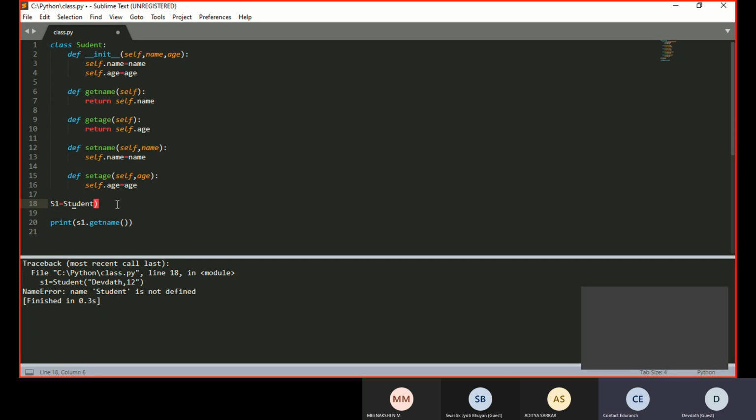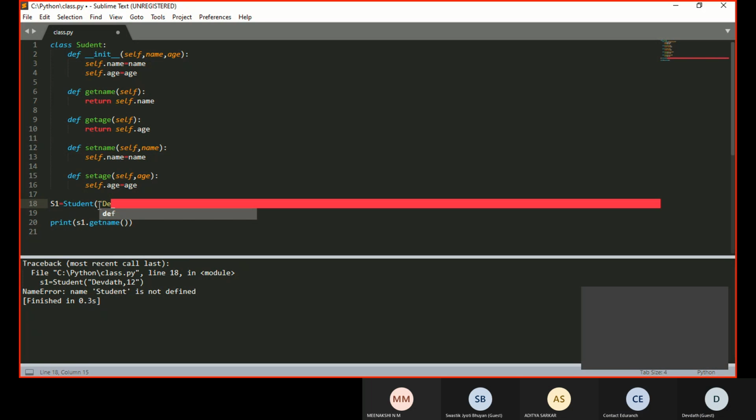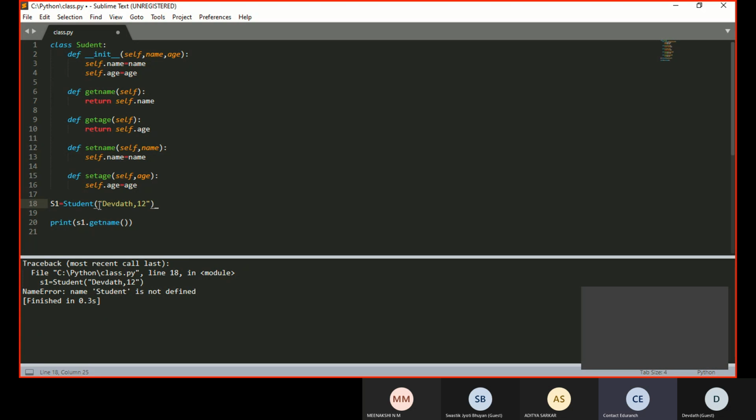No, why are you going back? I just said parenthesis. Yes, inside that give in double quotes your name and age. Close the string. How do you close a string? You have not closed the string properly. Devdutt, close double quote, comma, 12.